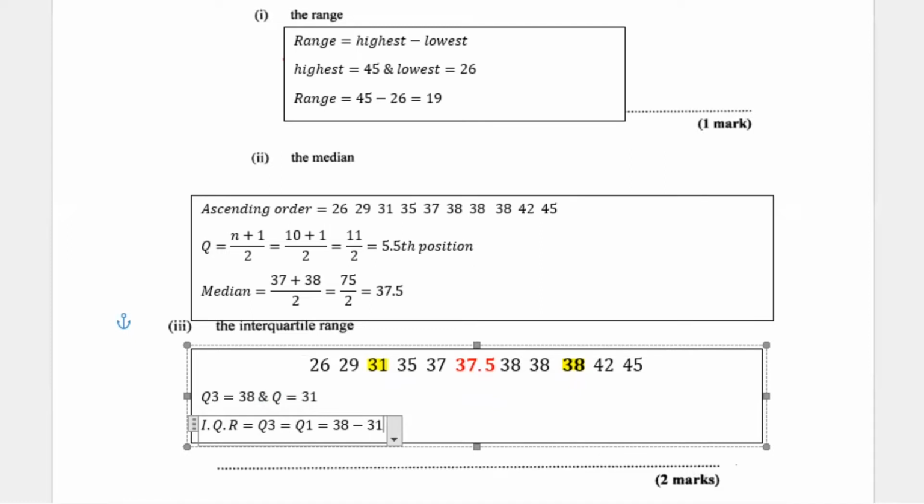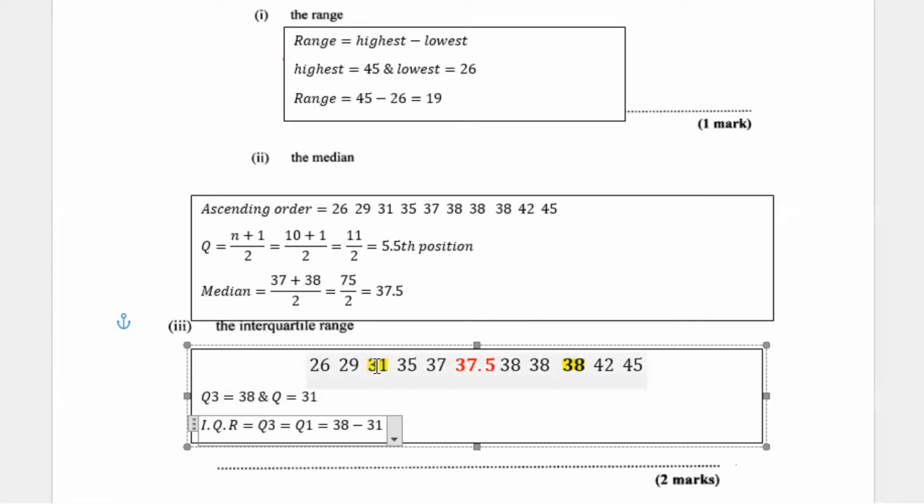Since neither 37 nor 38 was part of the median value, which was calculated to be 37.5, they will be counted when finding the lower quartile and upper quartile. We found the upper quartile from the upper part of our data set, from 38 to 45, to be 38, which is Q3, and from the lower portion, from 26 to 37, we found Q1,